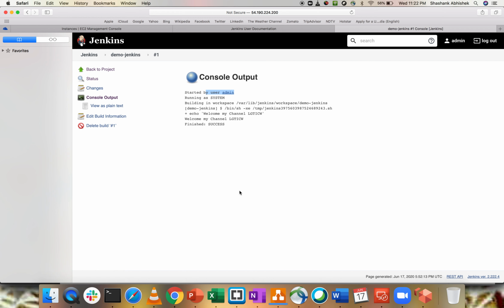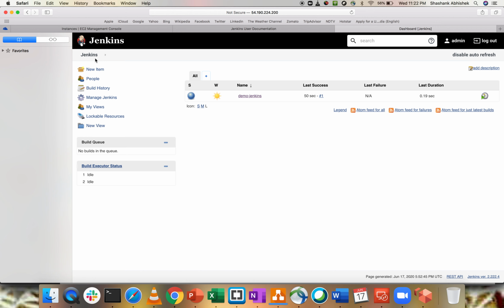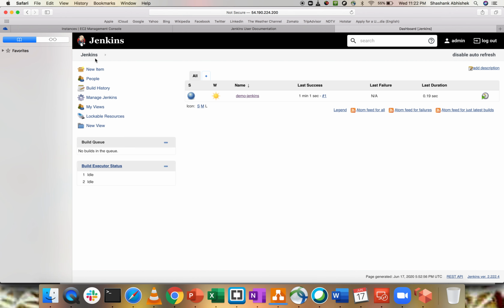Now, everybody cannot get admin access. You have to define certain levels of roles and access, and you have to give those user accounts to your group who will be working on the Jenkins project. Again, I will cover most of the modules within Jenkins because I just want to record quality videos rather than quantity, because I'm trying to relate most of the real-world examples within my videos.